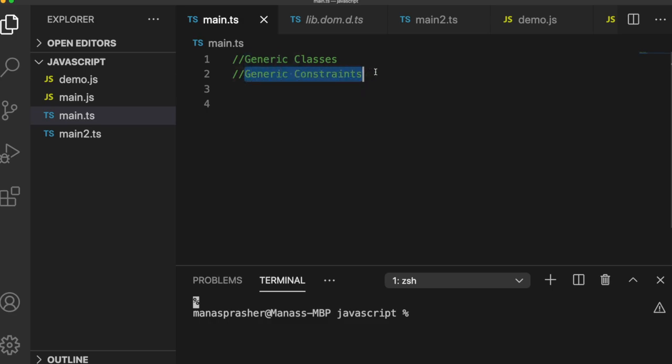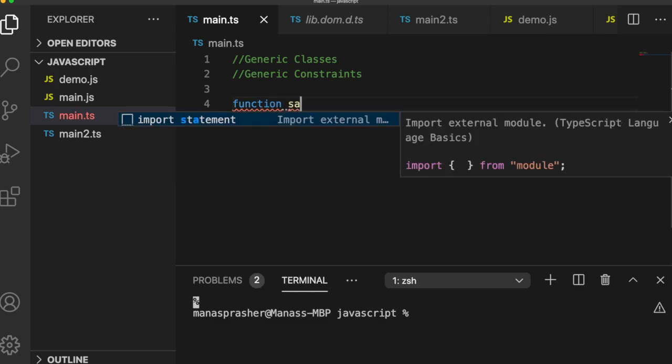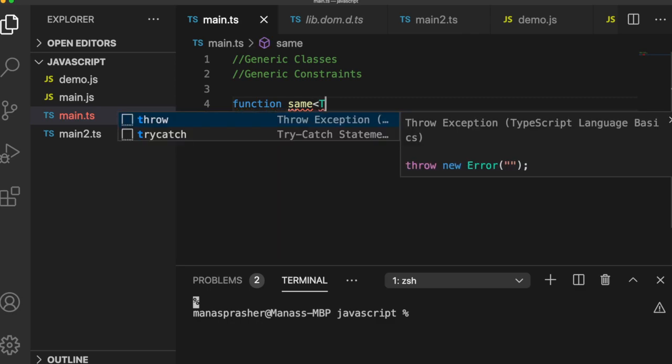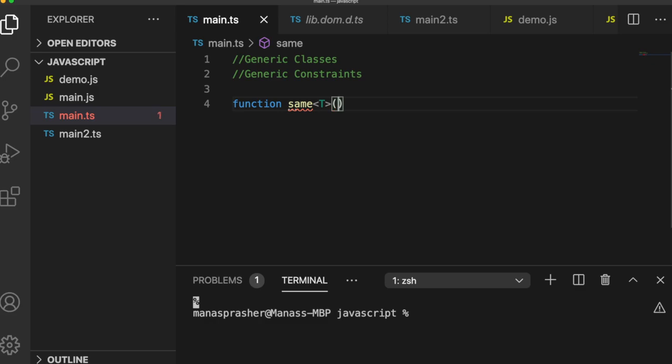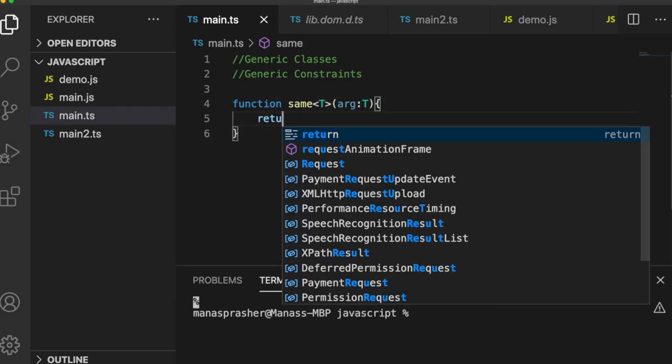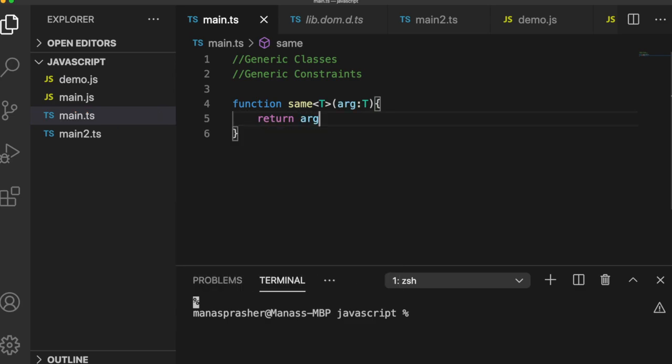All right, so moving on to my next topic in generics, which is generic constraints. Remember we wrote a function called same, and we were defining a generic type T, and it takes an argument of type T and returns the same argument. But if in this function we were trying to access a length property, TypeScript complains about it, and the reason is